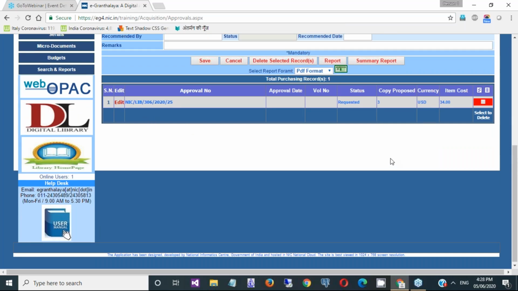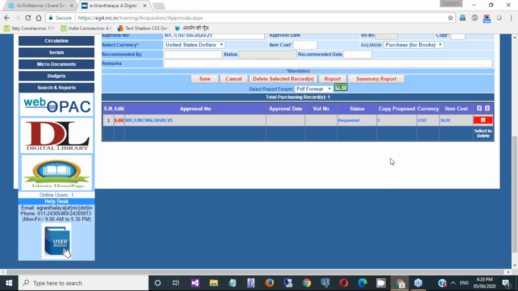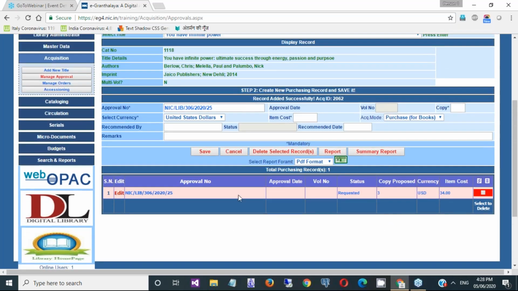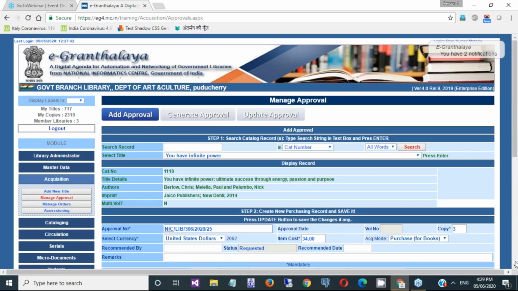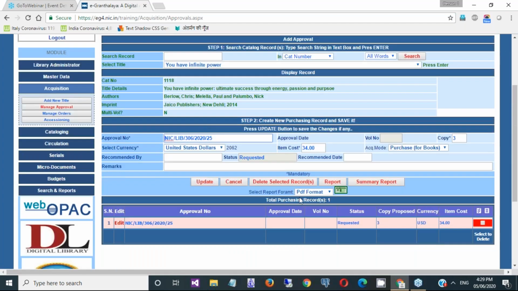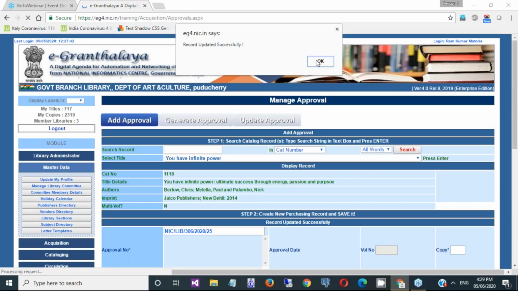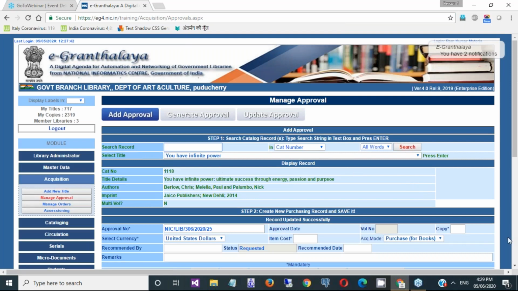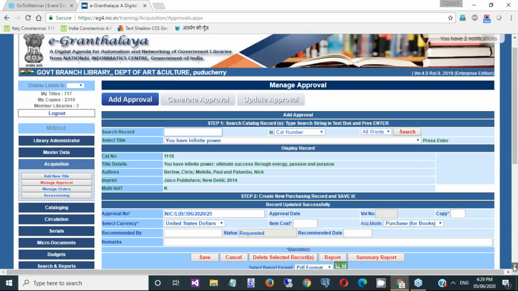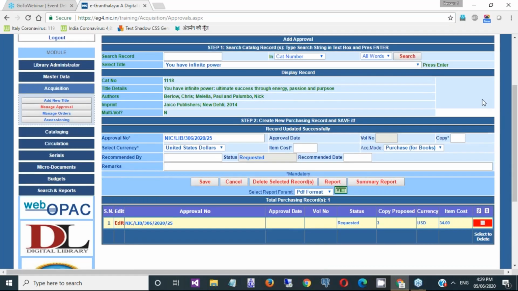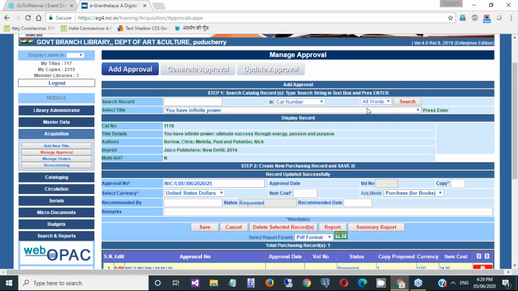But this is the first time we are procuring copies of this book, so only one record exists. Still you can edit the record, make changes and then update it. Basically, till you go to the next step, the record can be modified anytime. So I have added one record of one book.